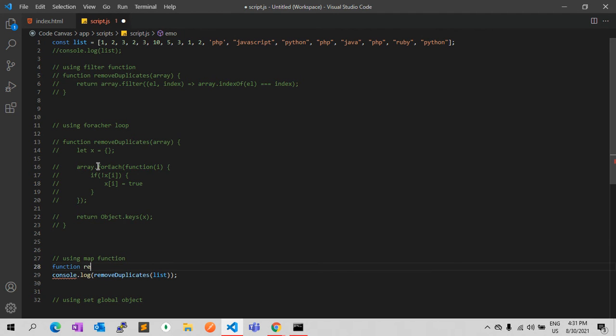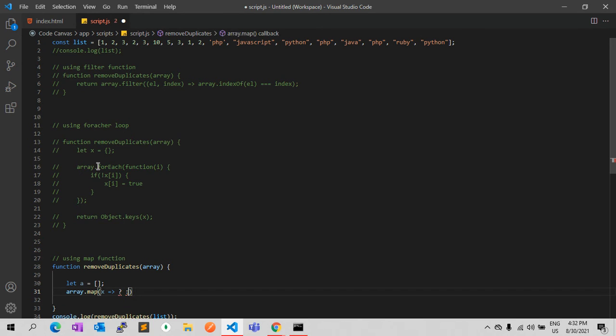Function removeDuplicates, and in that function we will again pass an array as an argument. Let's create one empty array x, and array.map will have its element, and here we can use a ternary operator.